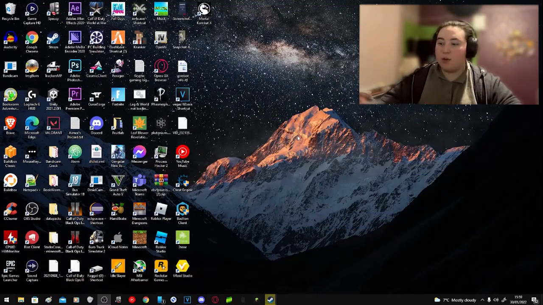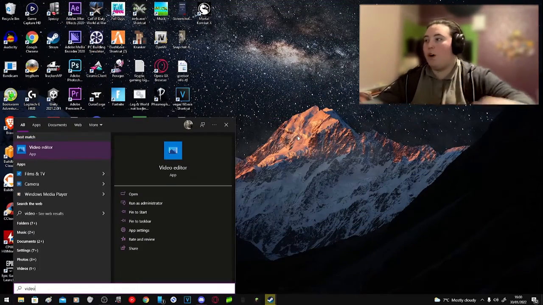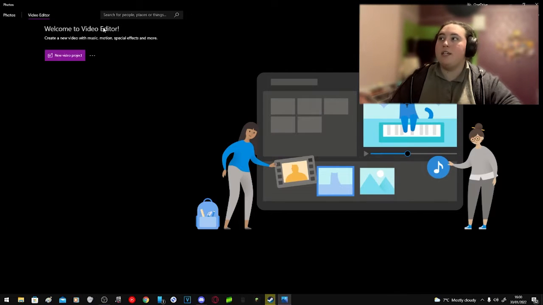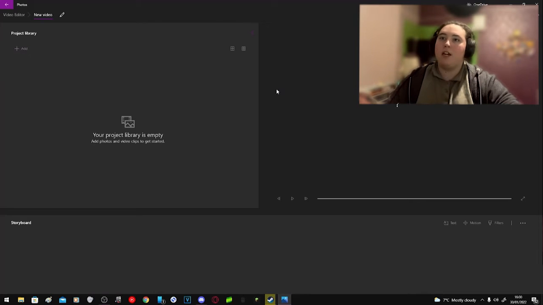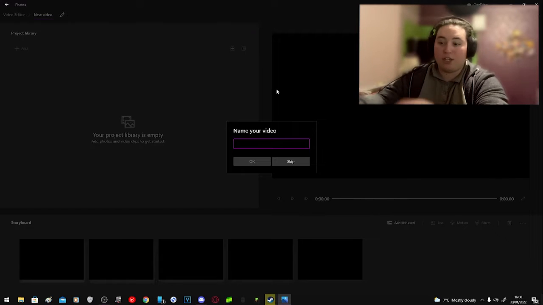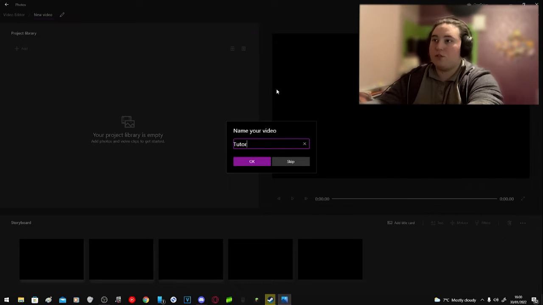Okay, so what you're going to do is hit your Windows key, search for Video Editor. It'll obviously load up into its UI. All you need to do is click on this button here, which is New Video Project. It'll load you into an editing UI and it'll let you name the video project. So obviously we're going to go for tutorial here. I can't spell,